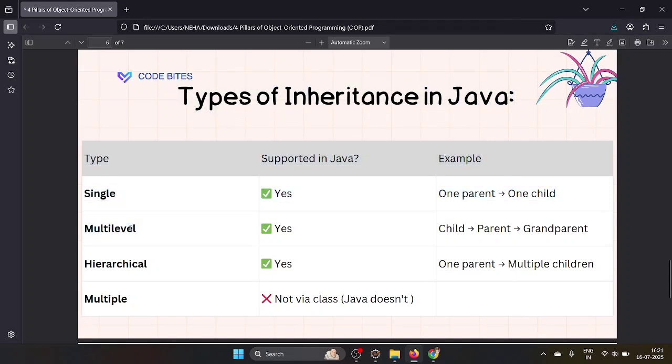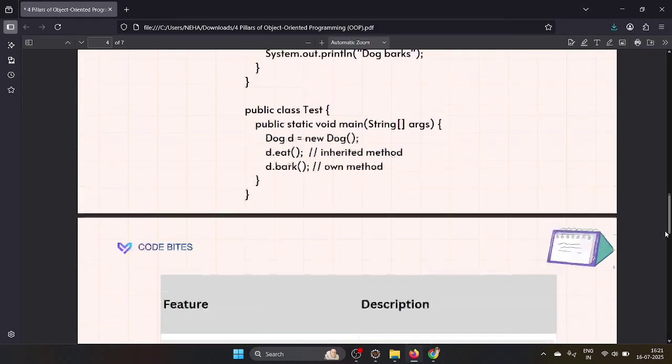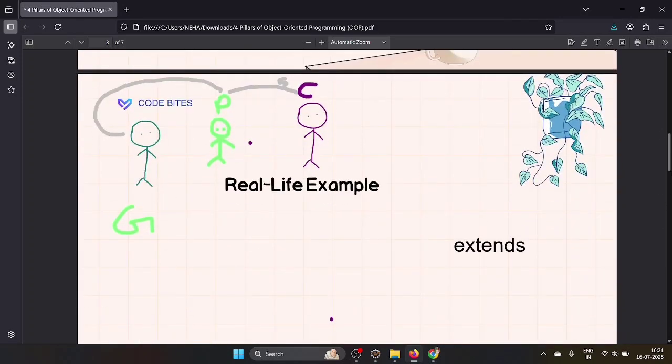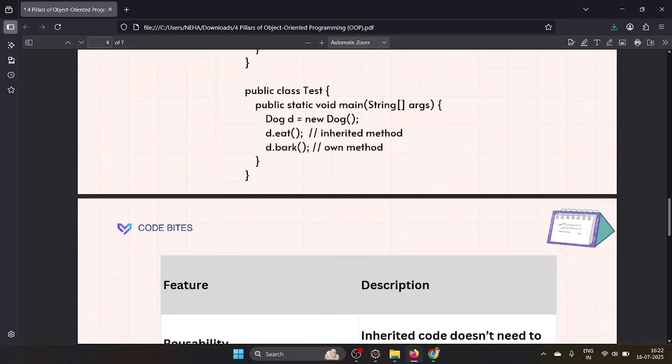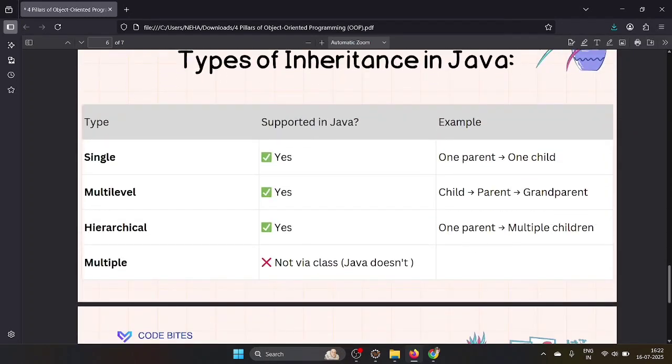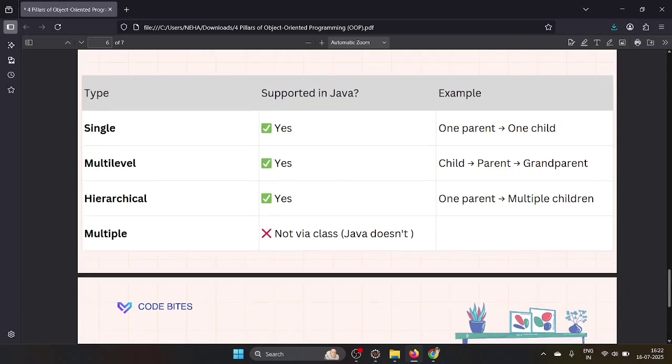So let's take the next one, multi-level inheritance. Multi-level inheritance means, this example is exactly here. Multi-level means more than two levels, we can say. Grandparent to parent, parent to child, right? We can see more than two levels, right? So these things we can say are multi-level inheritance. You are getting inheritance from the grandparent to parent, parent to child. So that is called multi-level inheritance.